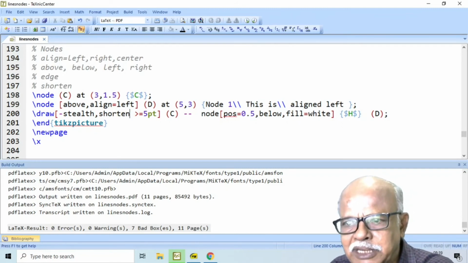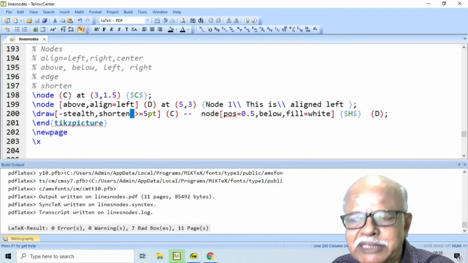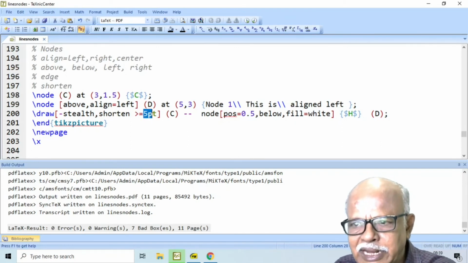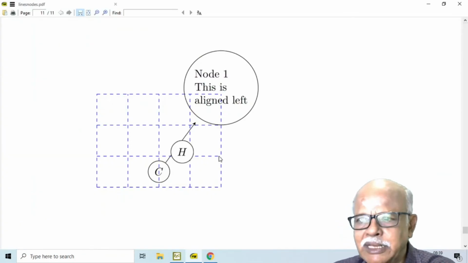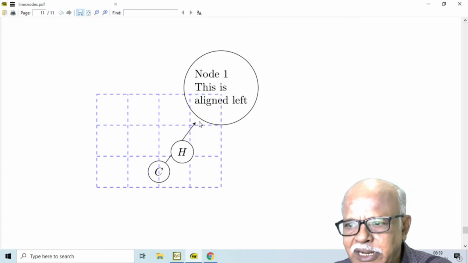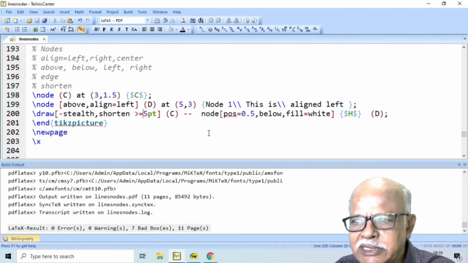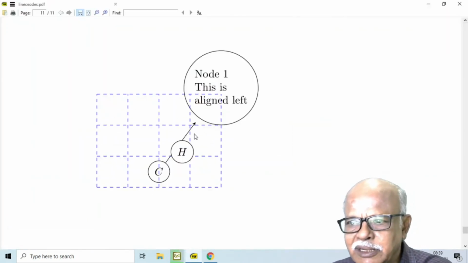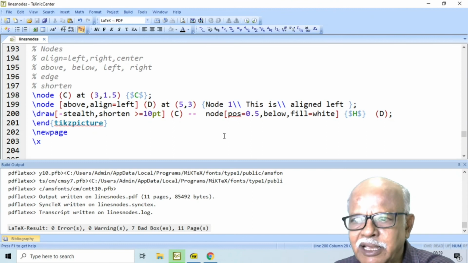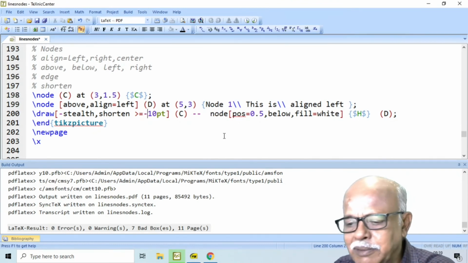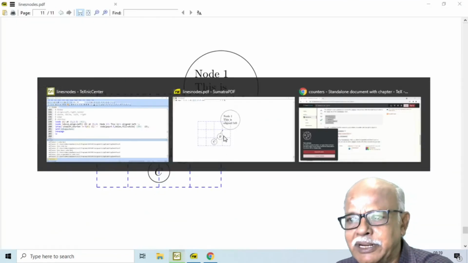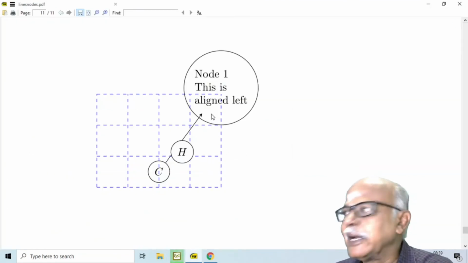Remember, after shorten there has to be a space, and then this specifies the end of the arrow. Shorten the end of the line by 5 points. Therefore, here we have shortened it by 5 points. I can say, let us say 10 points, further shortened like this, or you can say minus 5 points. If you say minus 5 points, the line will be elongated like this.